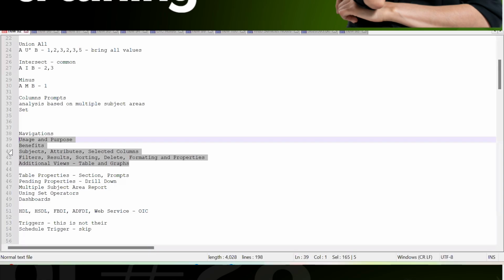And we have already seen there are certain views that are available. One is a title view, one is a table view, and different sorts of graphs are available, and we can make use of those graphs and edit the content and properties specific to those views to define and display the values. We have also seen certain properties specific to the business objects, like columns having different properties such as style property and column format, like suppress and repeat. These are the properties that we have discussed so far, right?